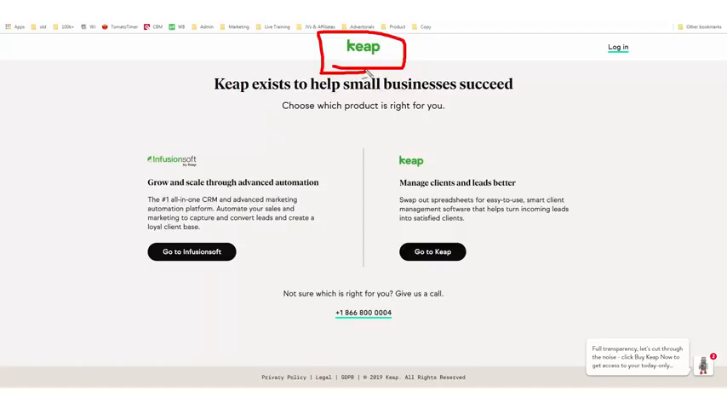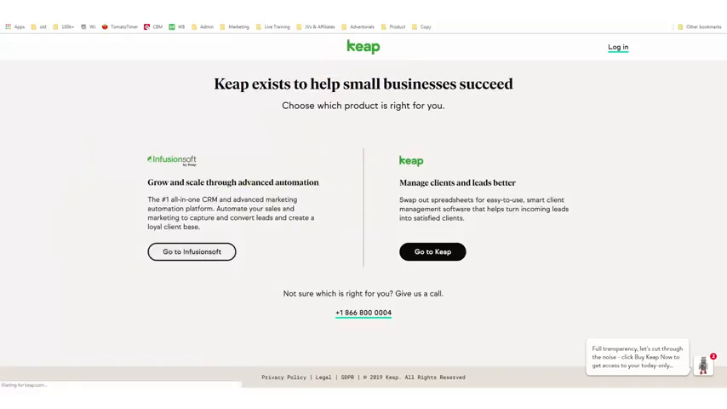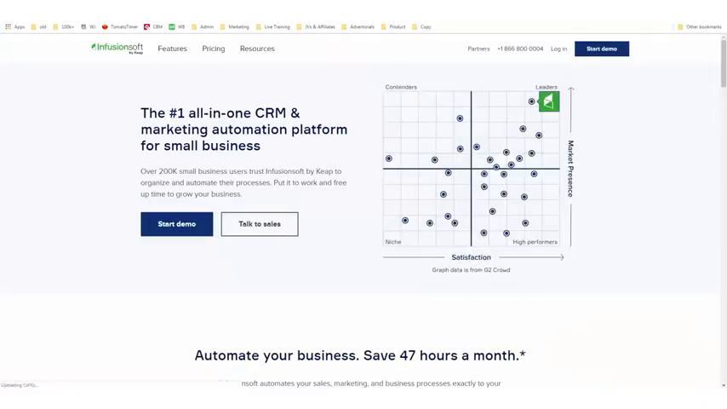So here's the next program, which is called a marketing automation program. It's called Keep, or Infusionsoft as it's known. Here's Infusionsoft through advanced automation. And Infusionsoft is software, really it's a CRM that I use very often in my marketing to help me figure out sending emails to people, sending texts to people,